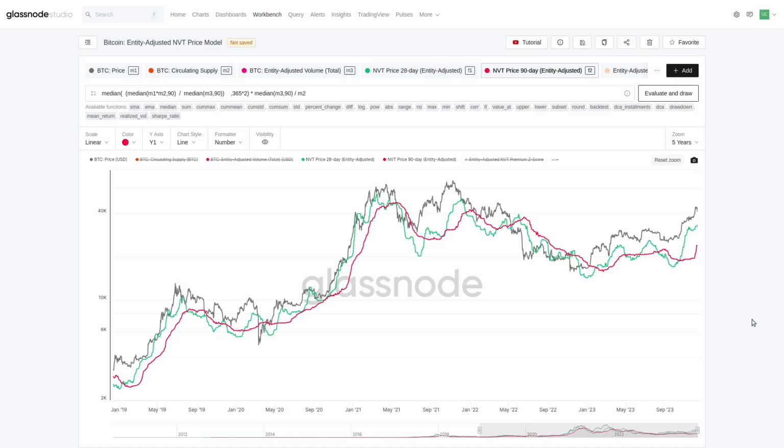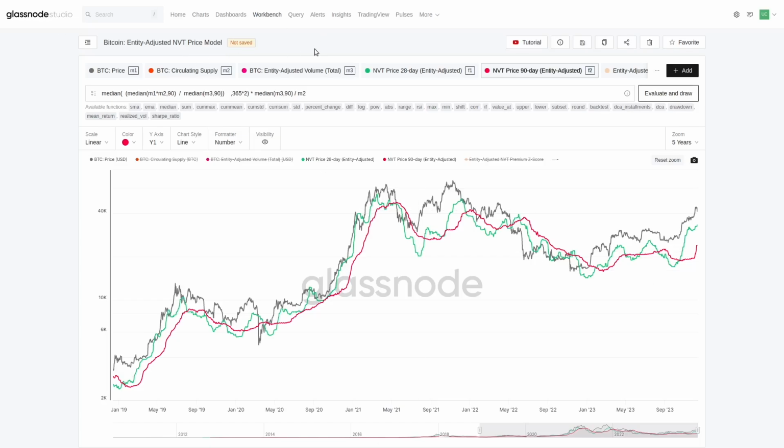So let me just leave you with a very simple concept here. If nobody's moving money around the system, is it really worth that much? It's harder to argue that. If lots of people are moving value around the system, it's starting to show that, hey, network effect, you've got actual value being settled. So the NVT price model, which was developed originally by Willy Woo, is one of